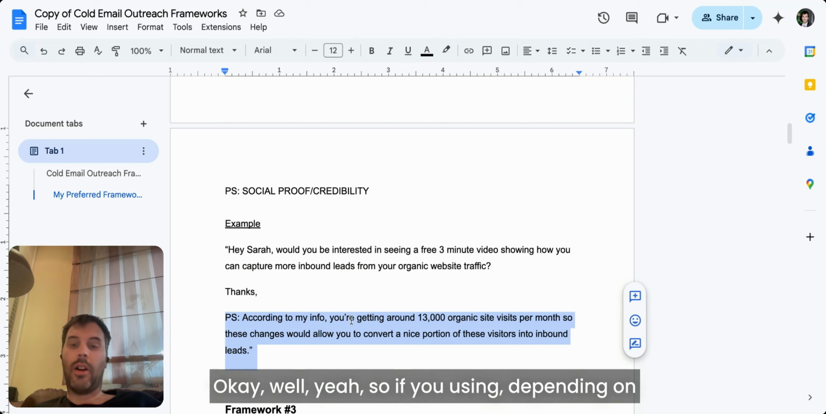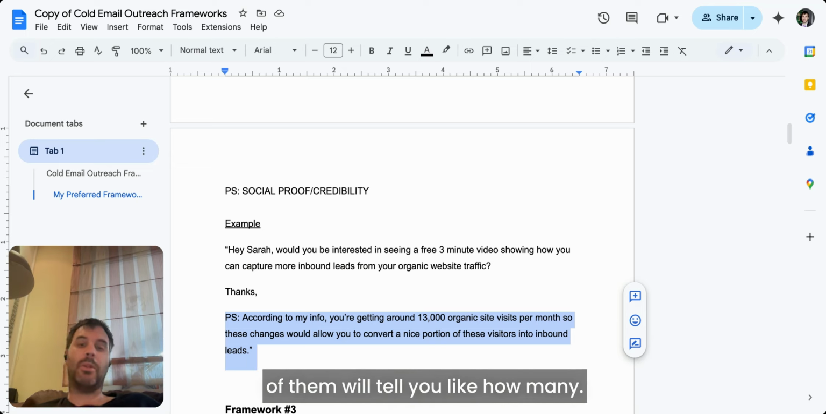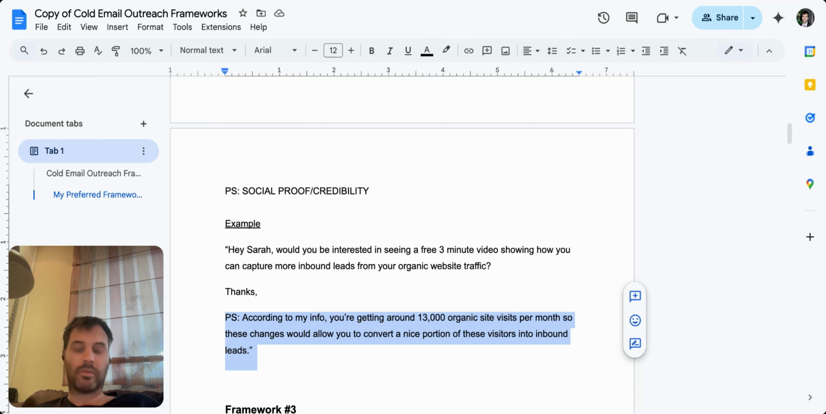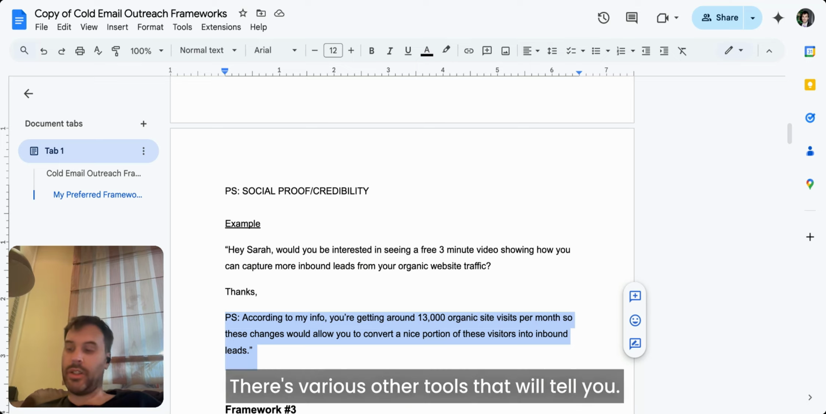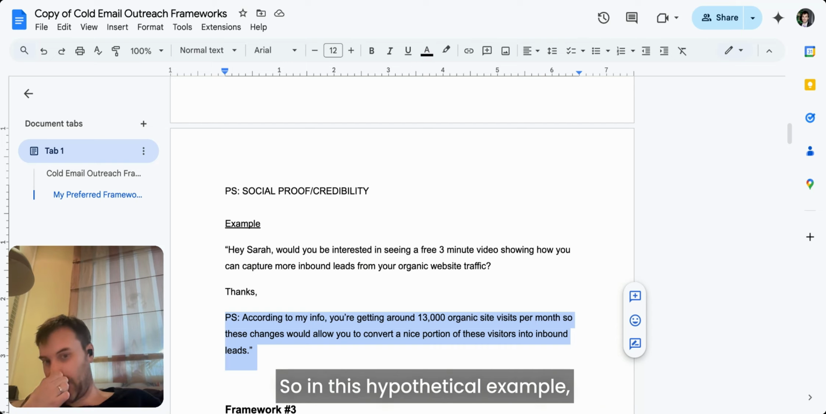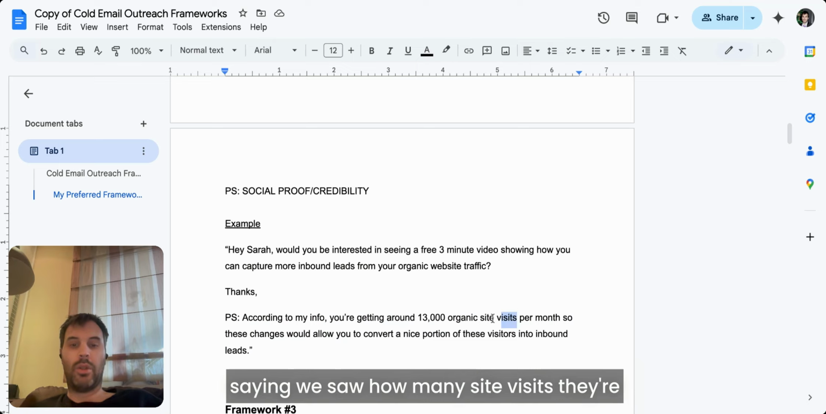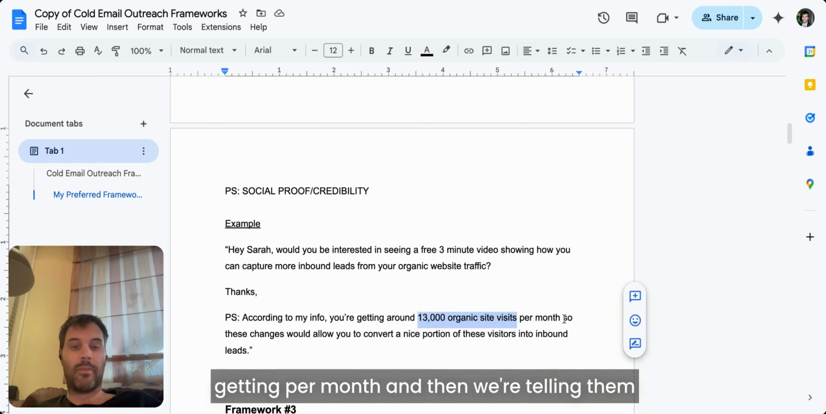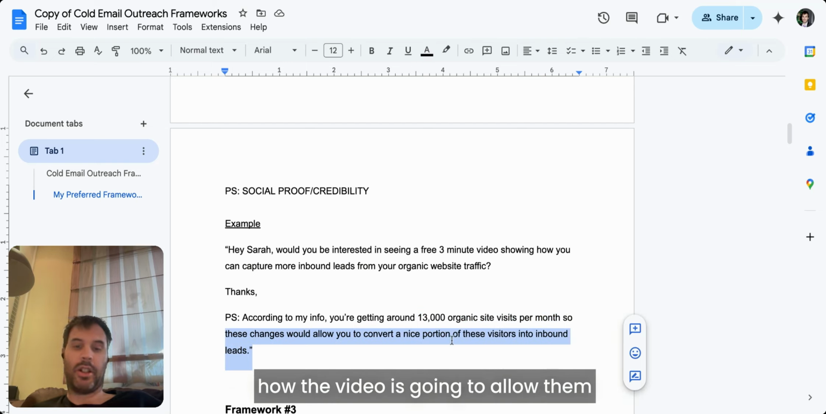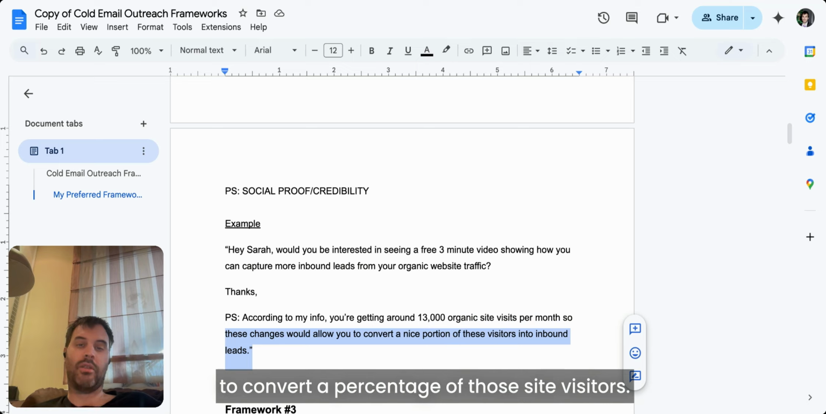Okay. Well, yeah, depending on the database you're using to get your lead list, some of them will tell you how much website traffic. I mean, there's tools like, I think SEMrush will do that. There's various other tools that'll tell you. So in this hypothetical example, we're literally saying in the PS we saw how many site visits they're getting per month, and then we're telling them how the video is going to allow them to convert a percentage of those